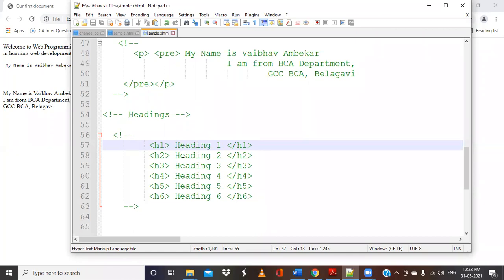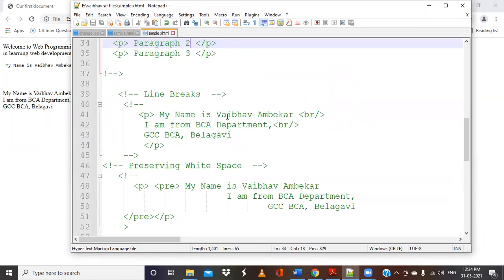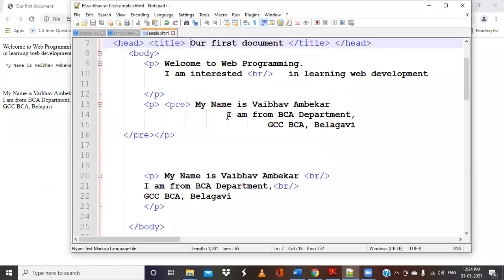And always these headings will take the bold form. Whatever information I display will appear in bold format. So we'll put it into my program and use this H1 tag. These tags should be written inside the body tag, not outside the body tag.